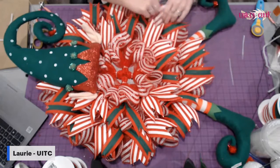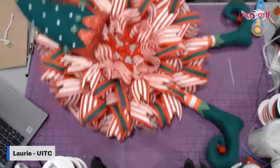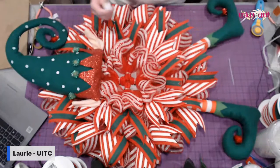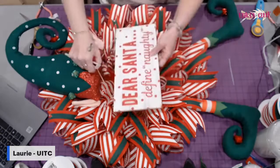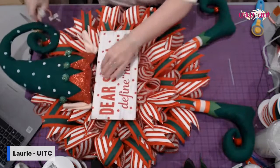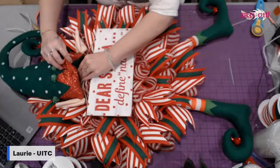Fix these tails. Alrighty, we are almost done. Look how cute he's gonna be. Now, let's get back to the sign. Again, now, if you want to use, you can lift up and you can tuck in. I probably should have did the...